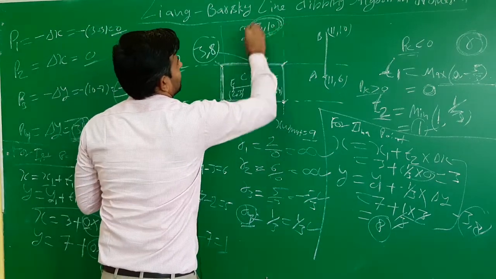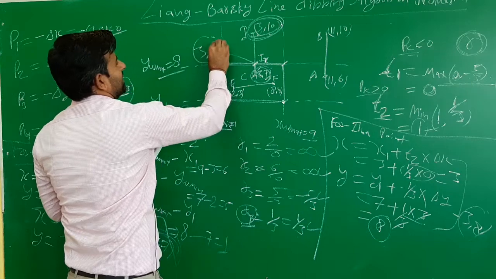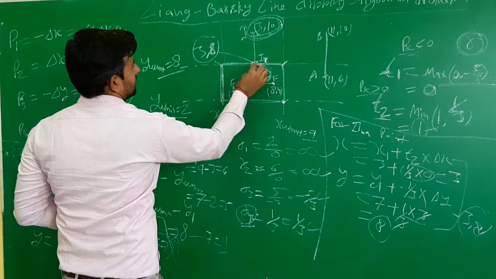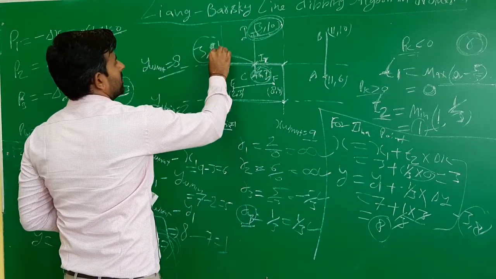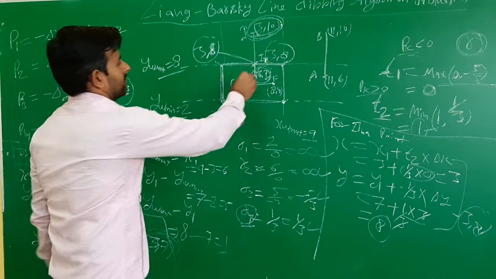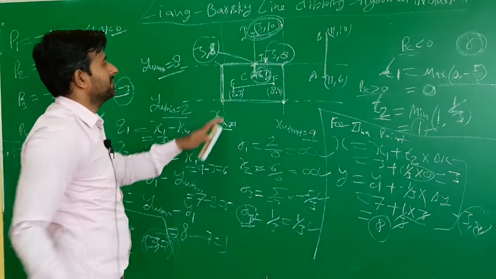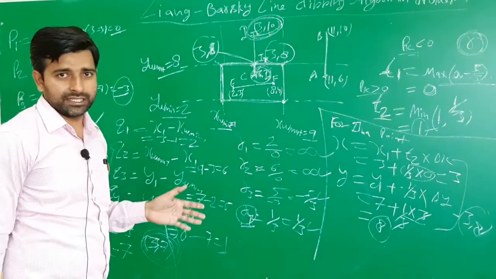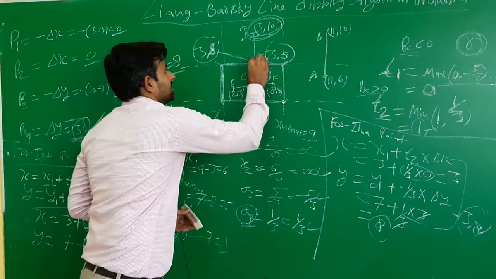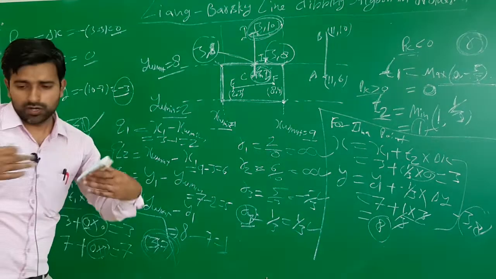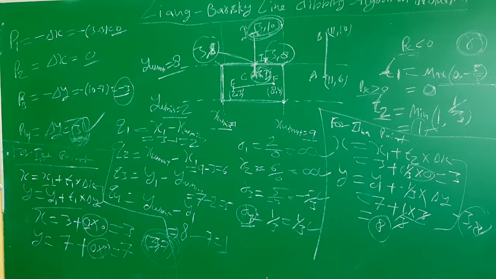3 and 10 is here. That's why I'm checking that these points are not equal. Then the I1 point has the coordinates 3 and 8. Clear? And CI1 is visible. Okay? This point is clear. The CD line is clear. Okay? Now come to the next line, that is line AB.